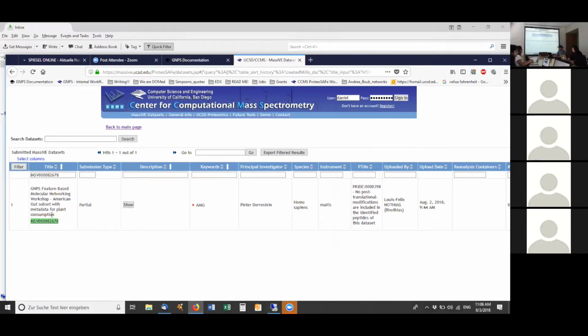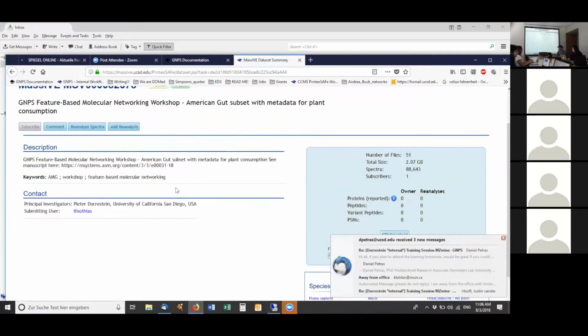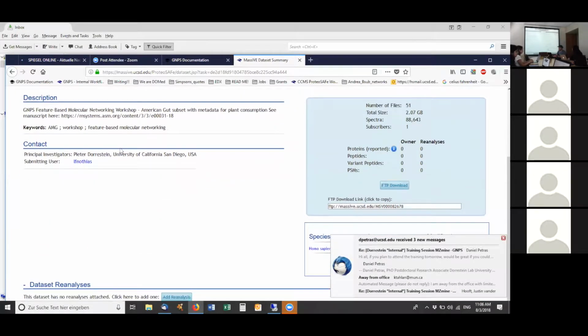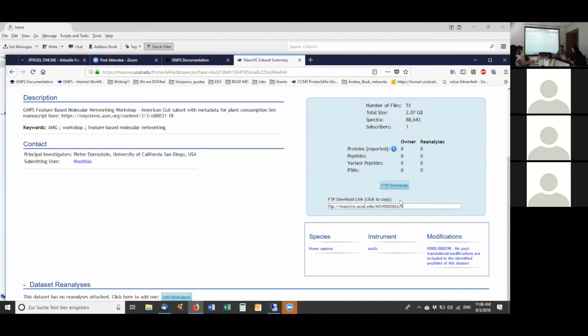Now you can click on this, and then you get some basic information here about what is in there. And you see also that here is an FTP link. You can either open this and manually download all the files in there, but I think that's not really elegant. So I just take this